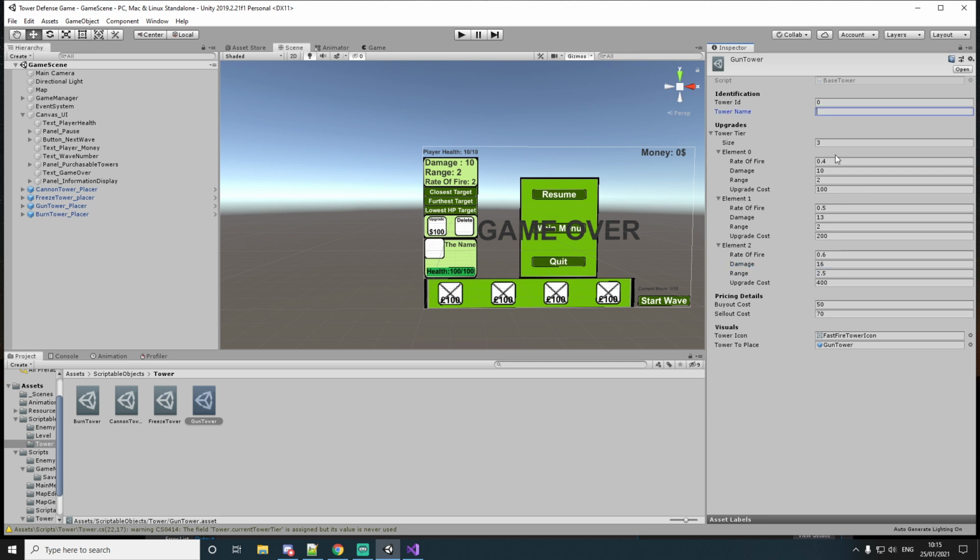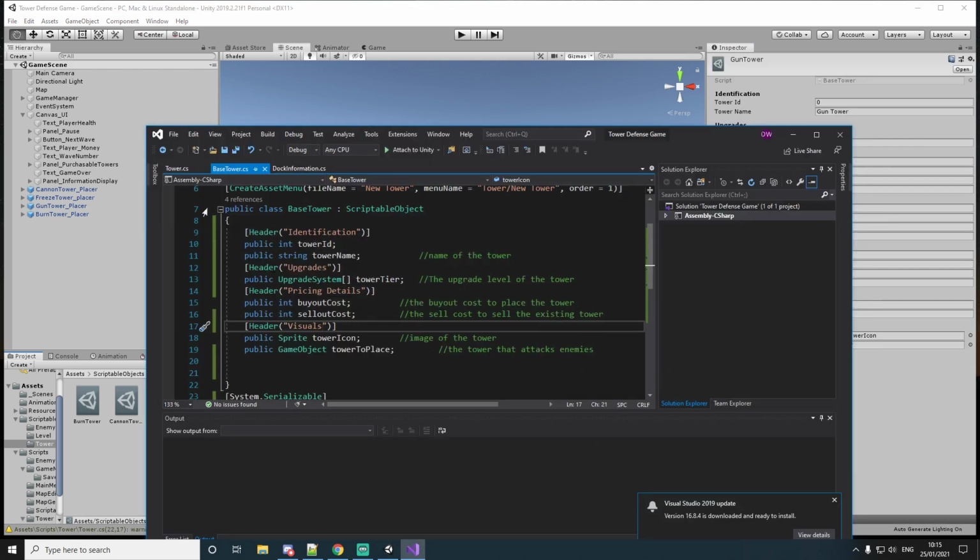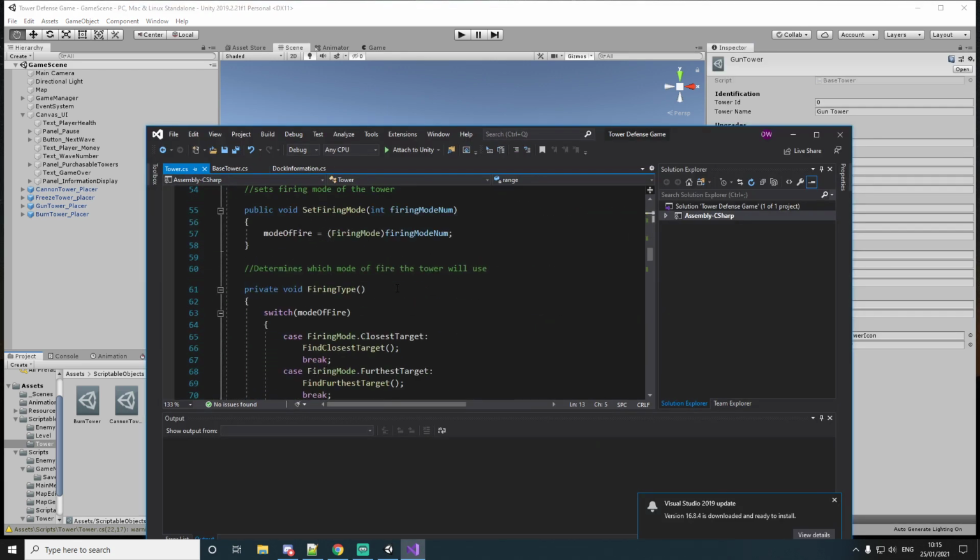And the tower should be called the gun tower. There you go. You have the freeze tower, cannon tower, and finally the burn tower. Okay, now with this working, we can now set our